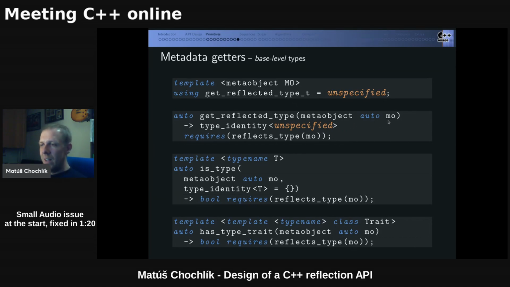And if you are familiar with libraries like Boost.Hana, for example, and other template-based consteval or constexpr libraries, this is quite a common pattern where you use this type identity as a representation in some type, and you go